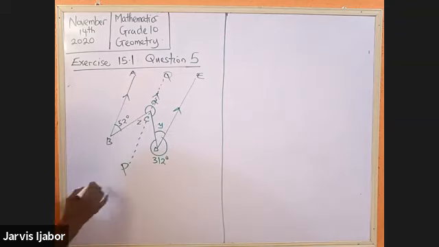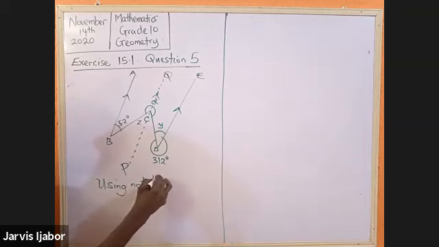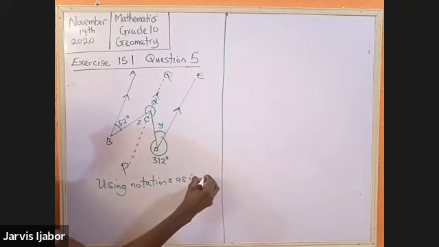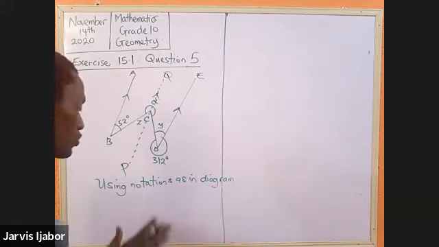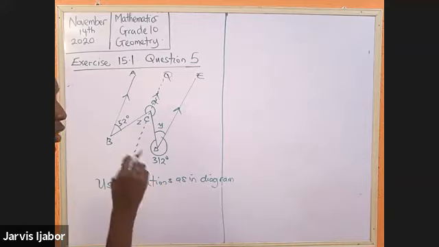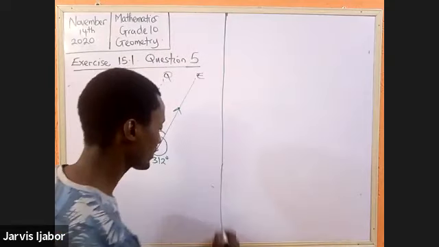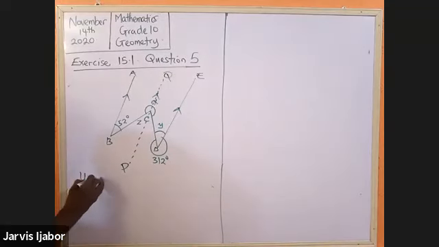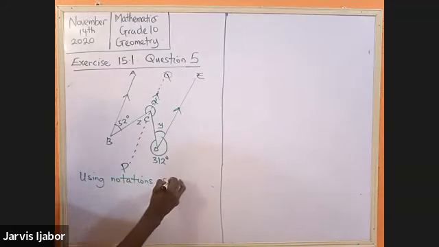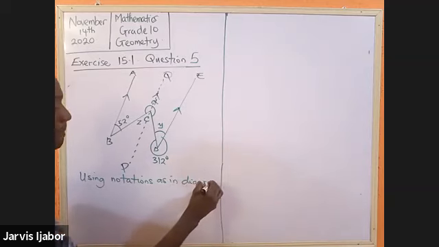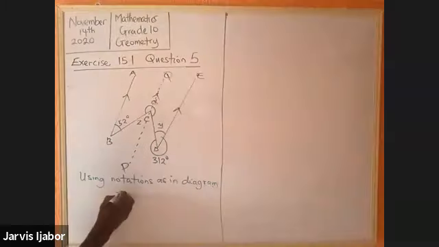So what do you observe? You start by telling your examiner using notations as in diagram. This is my own style of writing. I always like to use notations as in diagram. Maybe I should clean that and try to avoid my writing exceeding the boundary. So using notations as in diagram, you discover that Z